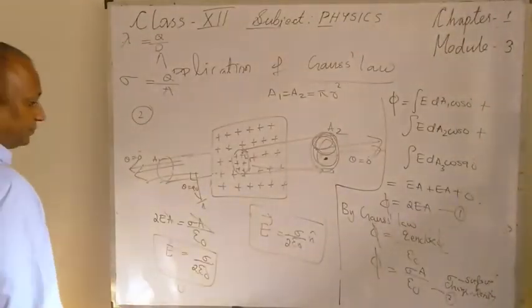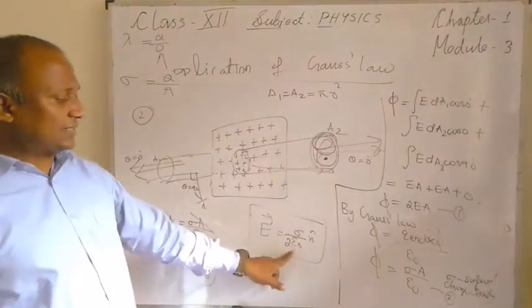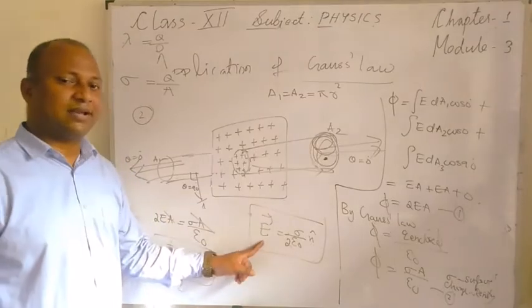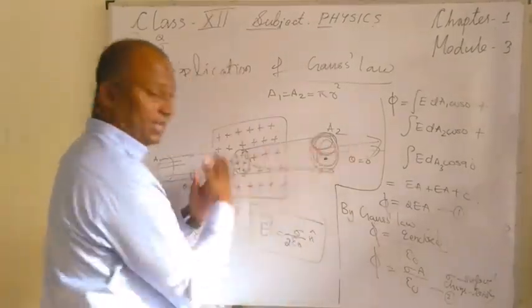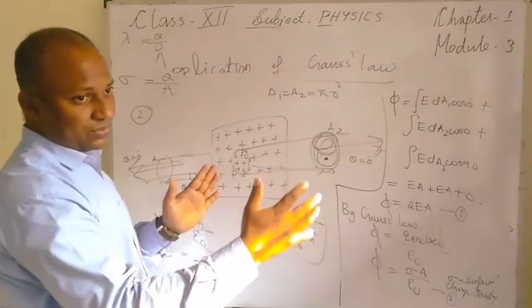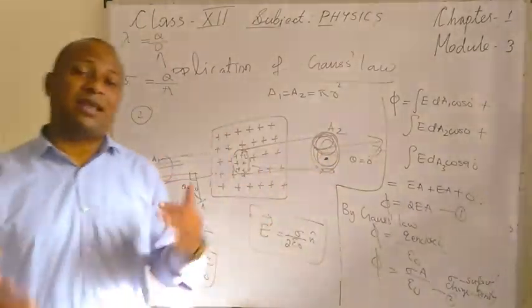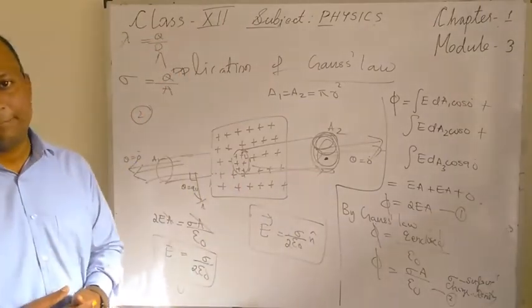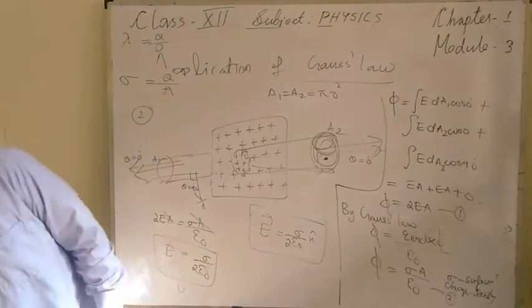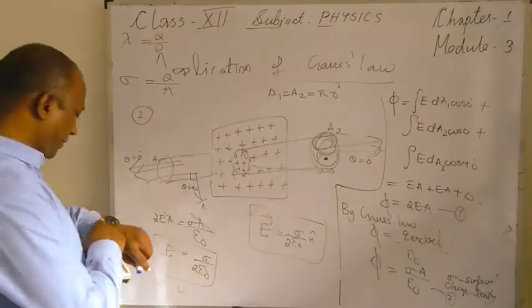So that is the second application. And one of the important factors here is that the electric field depends only on charge density. It does not depend on how far away we are. So at almost any point, the electric field intensity is independent of the distance. Okay, let's go for the last